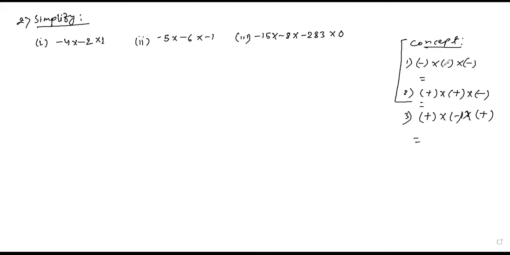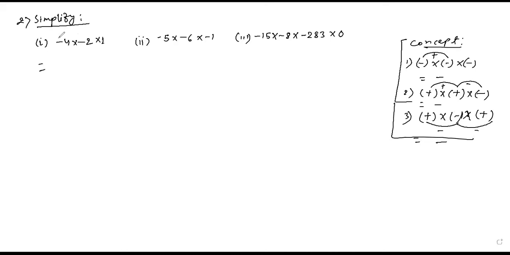See here, the rule is the same. First multiply the 2 signs, then whatever result comes out, that result will multiply with the other or remaining sign. So see, minus into minus gives you what? Plus. Now this plus will multiply with this minus. So plus into minus is minus. Same here. Plus into plus is plus. Now plus into minus is minus. Again here, plus into minus is minus. Minus into plus is minus. Now you understood this basic rule? Yes, sir.